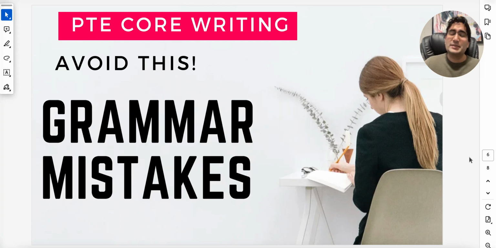Next, avoid grammar mistakes. It's pretty straightforward. The AI is the best at detecting grammar mistakes, even better than humans. So this exam does have the disadvantage of having a very strict grammatic check, which can be missed by humans, but not by the AI. Most mistakes are grammatical. So you can use something like Grammarly,